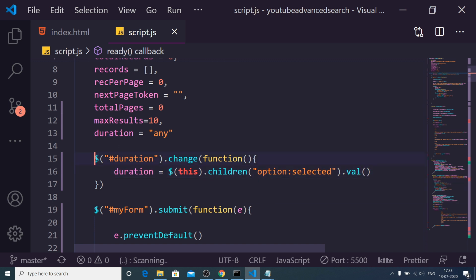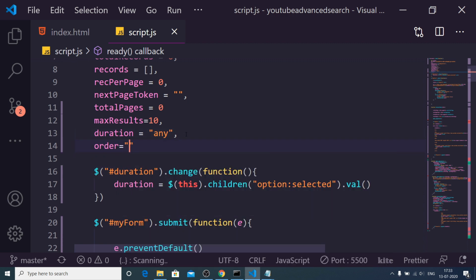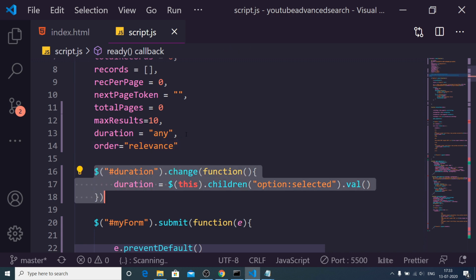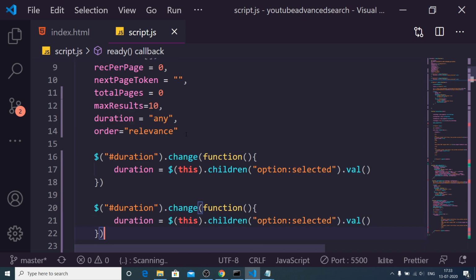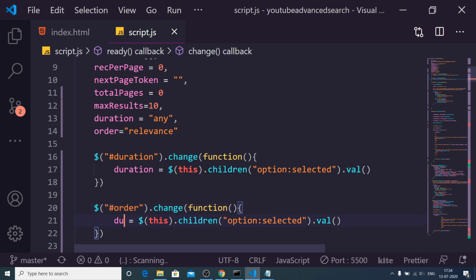So I can repeat this process for order here, put a comma and make a new variable. This will be equal to relevance, and once the value changes, the same set of code will be there for the order as well. So make that order here,